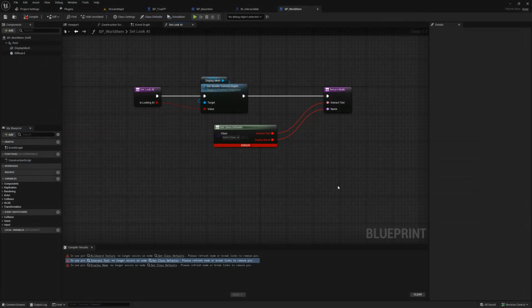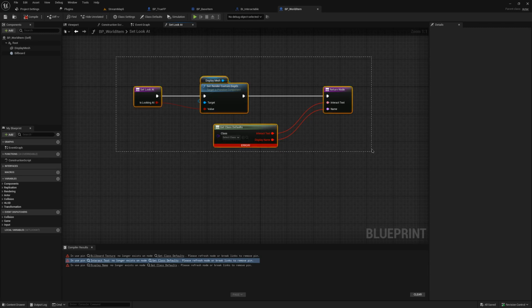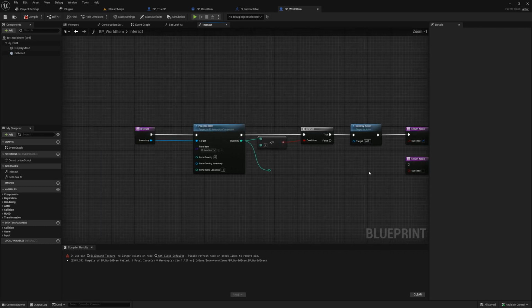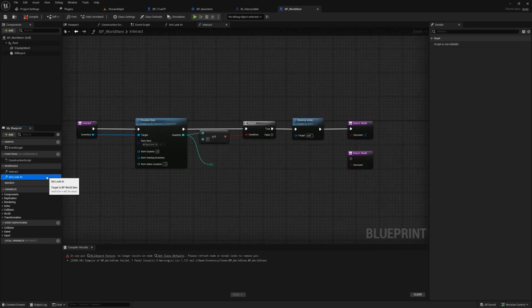All right, so in the world item, we're going to have a few errors because we deleted those variables. So let's just go ahead and clean up these errors. The set look at, we can probably just go ahead and delete this entire function. It's going to be remade as soon as we reparent it. And while we haven't done anything with the interact yet, I want to keep this here, but let's go back